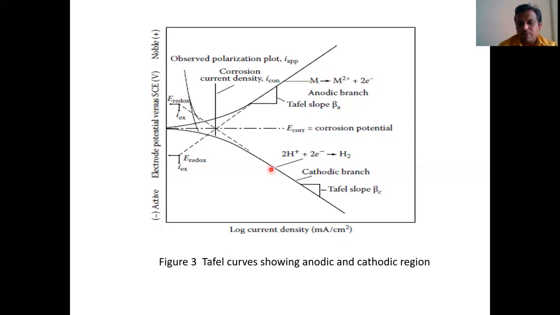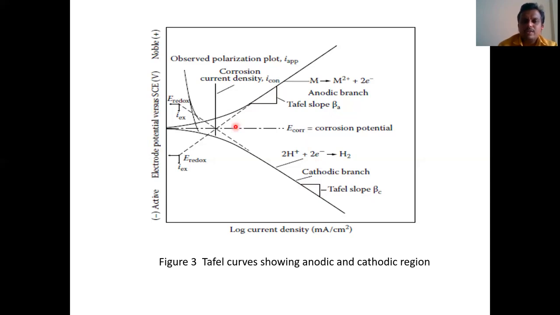And in this cathodic branch, there will be gain of electrons. There is gain of electron and there is a liberation of hydrogen. So these are the two plots, the anodic plot and the cathodic plot in this Tafel plot. Then to find out the corrosion rate, we require the Tafel slope, that is beta A for the anodic branch, and the slope of this cathodic branch, that is called beta C. So the software automatically measures these values of beta A and beta C for measuring the corrosion rate.